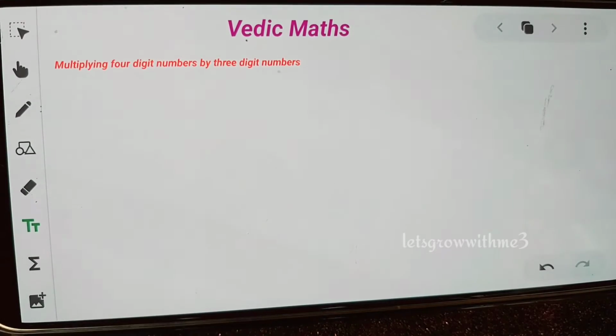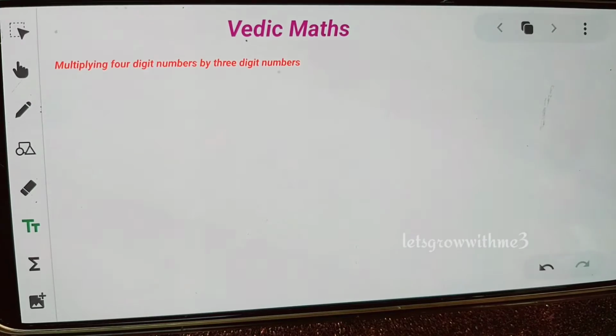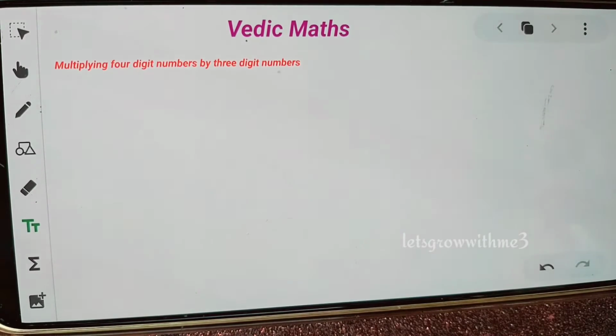So let's start today's topic. Today also we are going to discuss the Vedic Maths multiplication series. In previous videos we have seen different kinds of examples where the multiplier is constant, but the multiplicands were different: 2 digit, 3 digit, 4 digit, 5 digit. So we can even derive the pattern for n digit. We can derive the pattern for how to solve n digit over 2 digit. Okay, so here we are doing some extension to that.